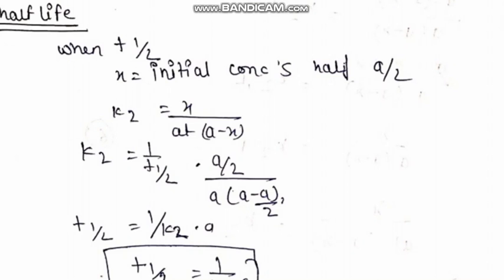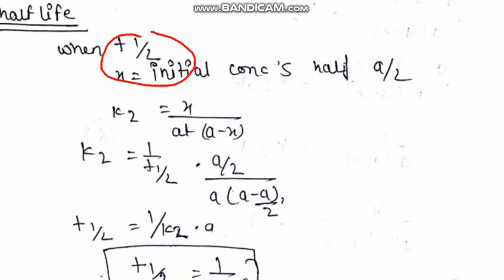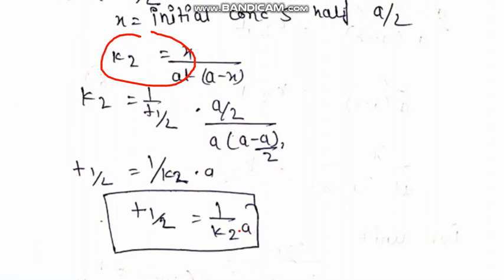From the above equation, the half-life of the drug following second order kinetics is calculated. When t is equal to t half and x is equal to a by 2, these two parameters t half and x are put into the equation, and we achieve the equation t half is equal to 1 upon K2 into a. And finally the equation becomes t half is equal to 1 upon K2 into a, and this is the second order reaction and its t half.